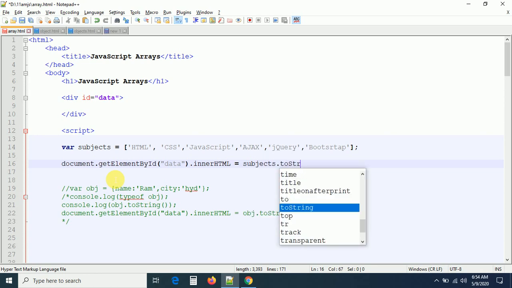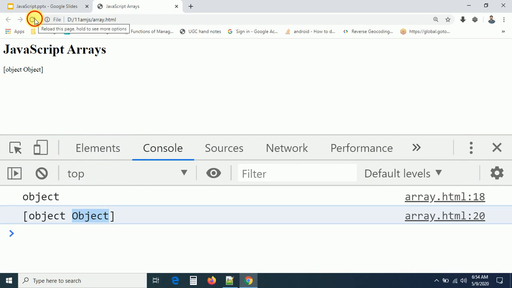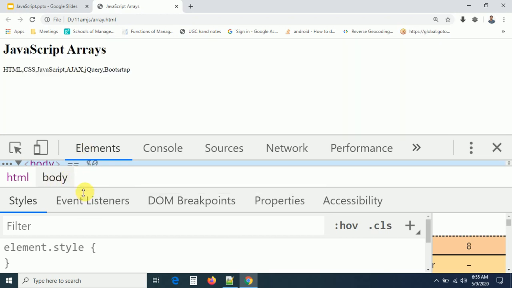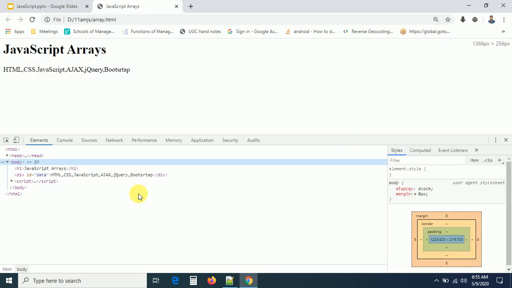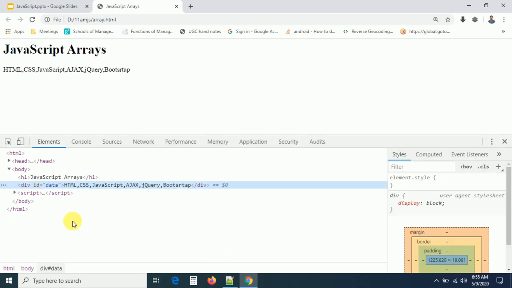I am writing the method directly, subjects.toString. Now you can see the data will be appended on the screen to the div element. You can check whether it is appended to the div element. Yes, this is the div and the data was appended to the div.